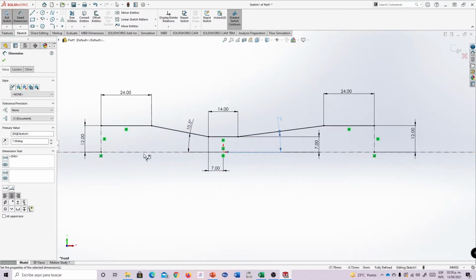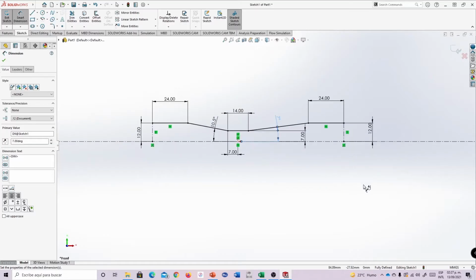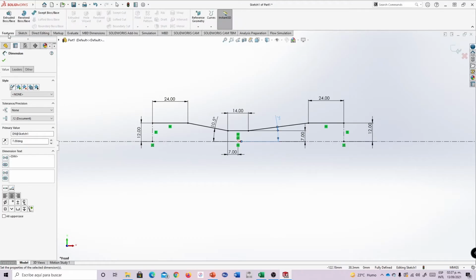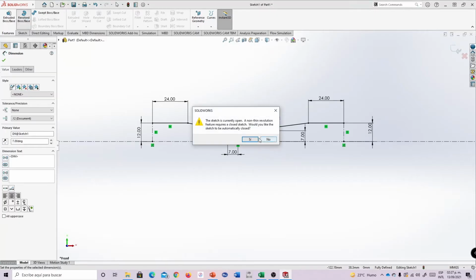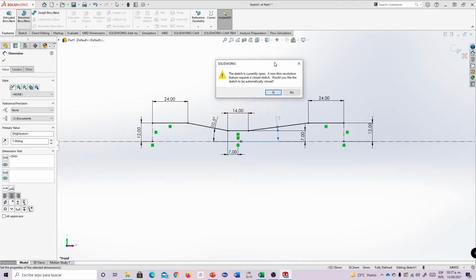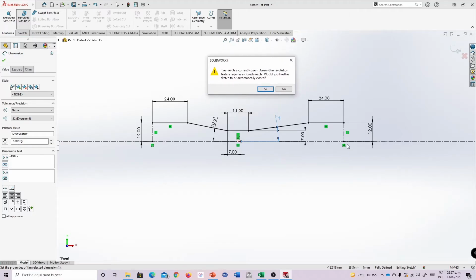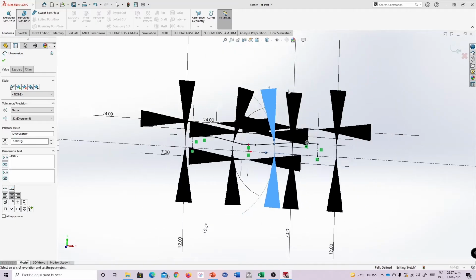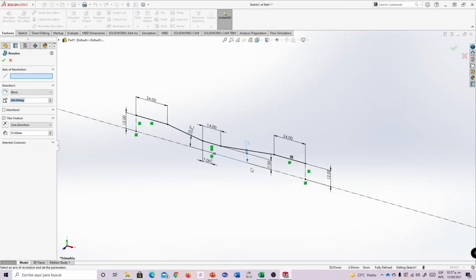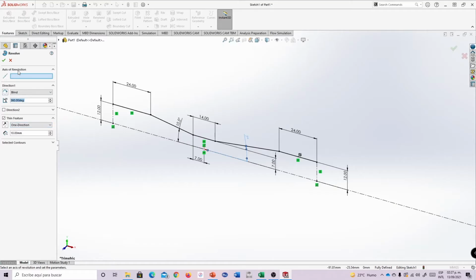Okay, the sketch is already fully defined. And what I need to do now is go to Features and select Revolve Boss/Base. This message says that this geometry is open, and I'm going to select No. I'm going to select the axis of revolution, which will be the construction line, and the Thin Feature option is